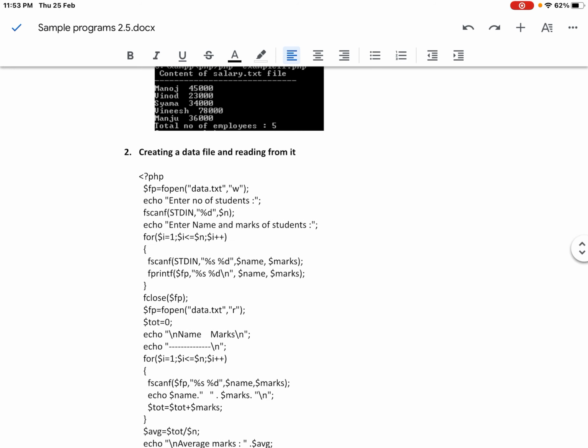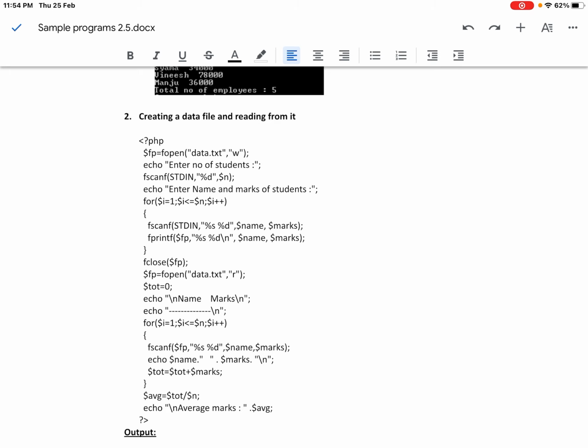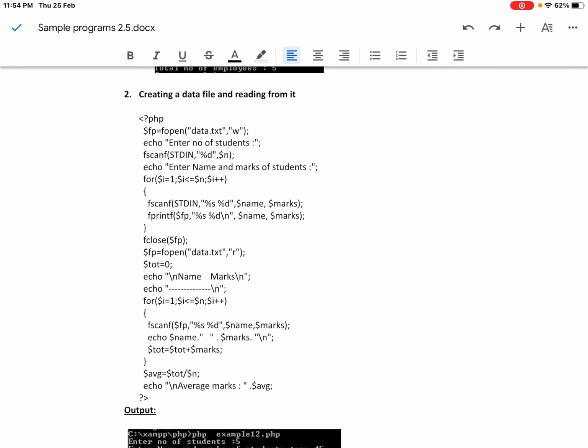Here is another program for writing into a file and reading the same content out of it. Here the file data.txt is opened in W mode. The student's name and marks are written into the file. For n students, name and marks are read one by one from the keyboard using the fscanf function with stdin.